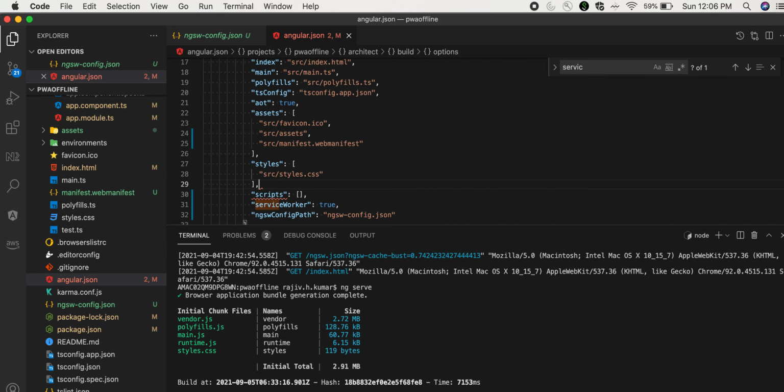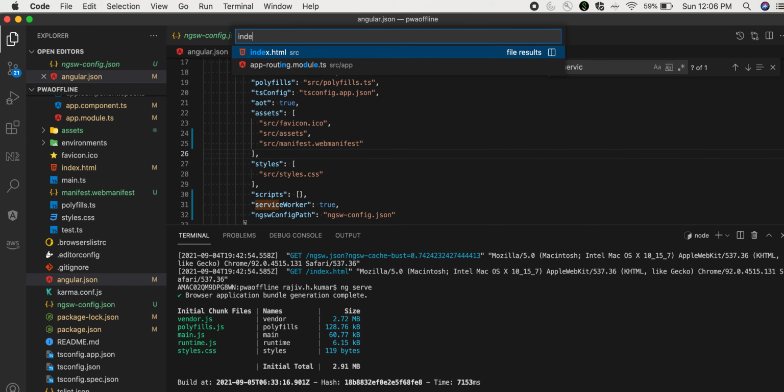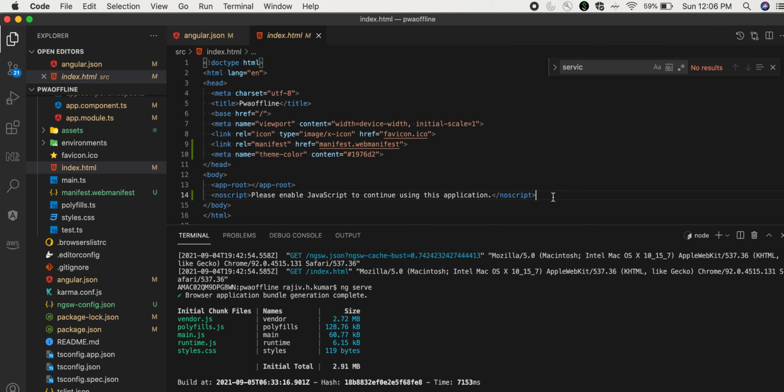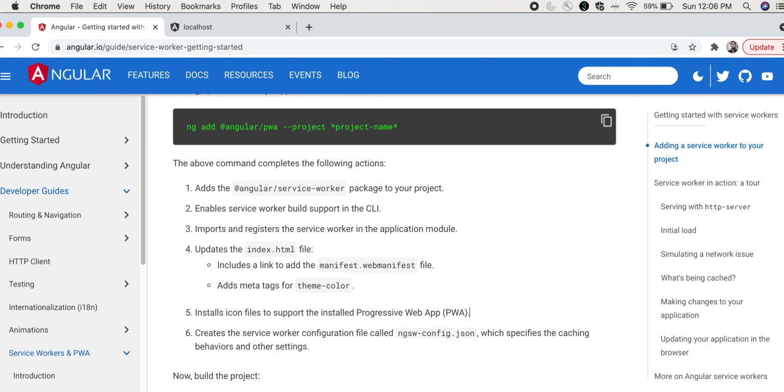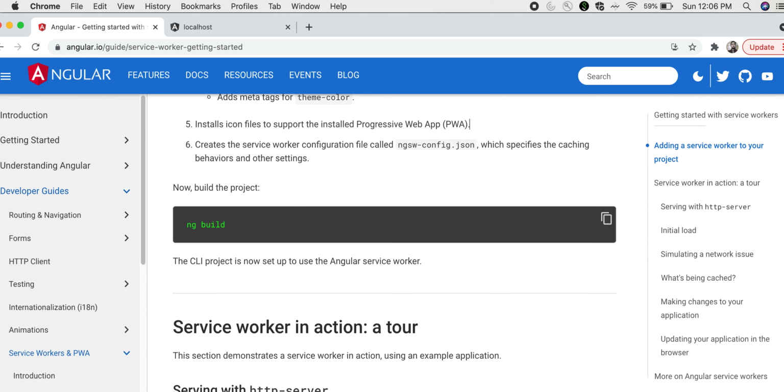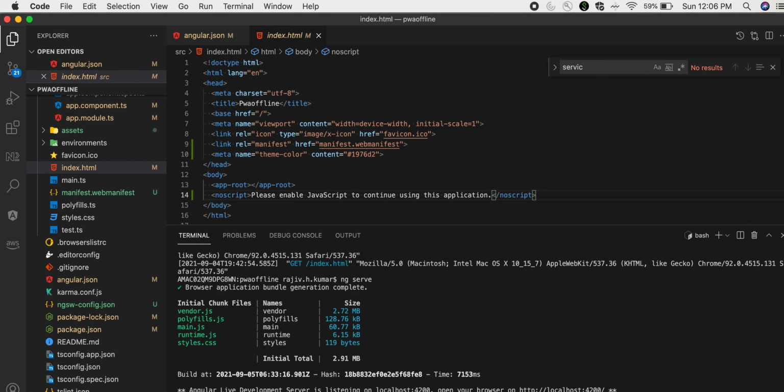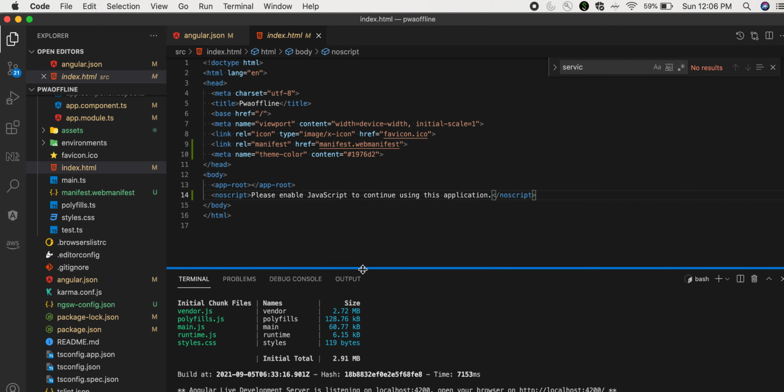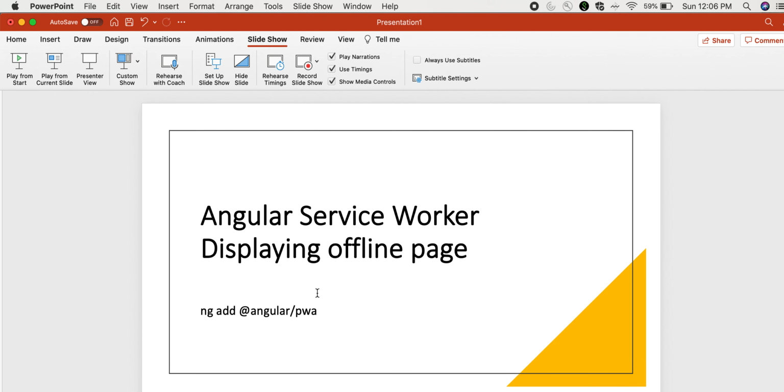It has added this noscript tag, which will just intimate the user to enable JavaScript if it is not enabled. And once you have done this, installed this particular PWA library,